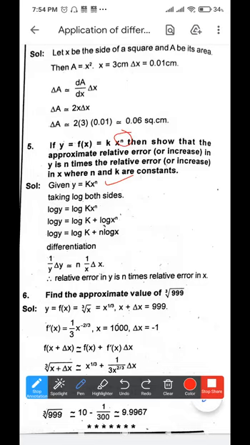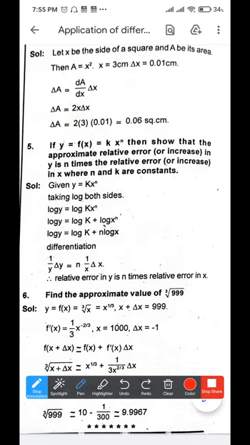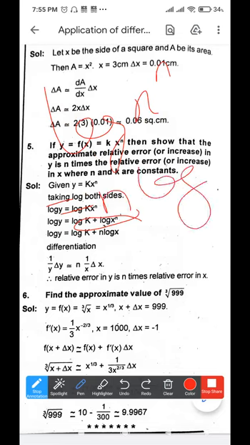Okay, x power n is given to us. Then what should we do? We should just apply log on both sides, so that log x power n comes in multiplication. Okay, so we applied log on both sides. Log xy is equal to log x plus log y. We applied this formula. Now log x power n is equal to n log x. We applied this formula.